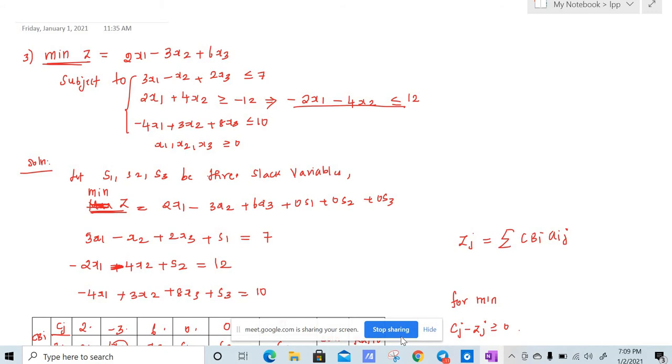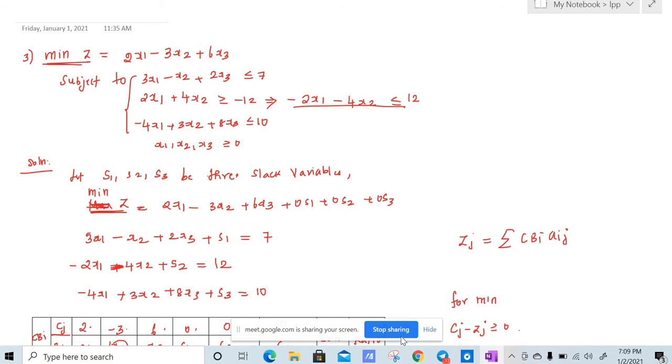Now today we're going to do one more problem on the simplex method, and we're going to do two problems on the big M method. Actually, big M method is not in the syllabus, but it was asked in previous years, that is in the 2018 question paper. Even though it is not in the syllabus, I'm covering it because it is very similar to the simplex method, so you learn the big M method also, right?